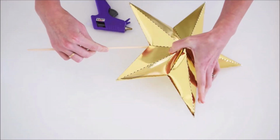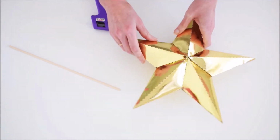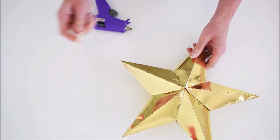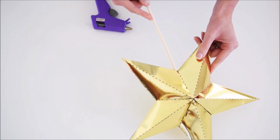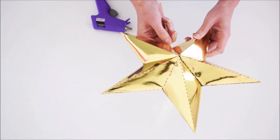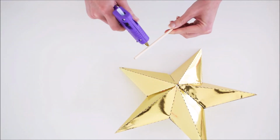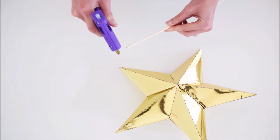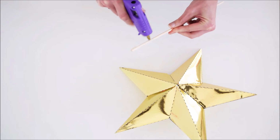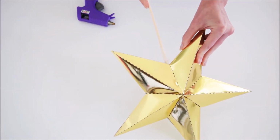So with my long wood dowel, I'm going to be placing it right up the middle of the star to offer support, like I mentioned in the introduction of this video. So it's okay to leave that final tab open until we've glued this in. I'm just testing it here to make sure that it's going to go where I want. And then I'm going to add a generous amount of glue along the top 1/3 of the wooden dowel. And once I've added a good amount of glue there, I'm just going to thread it through the bottom of the star,